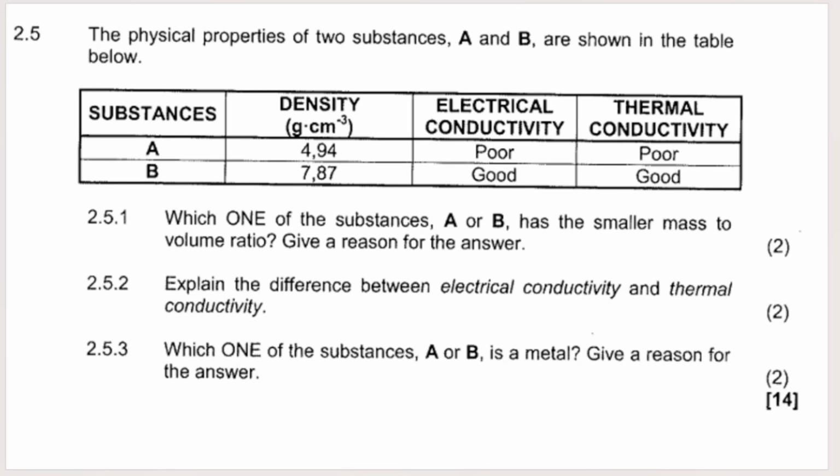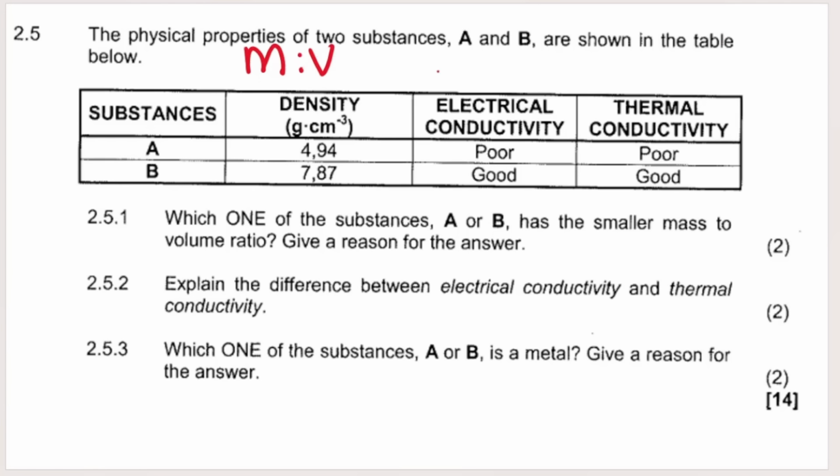2.5 gives me the physical properties of two substances A and B, and we know physical properties are things like the strength, the density, conductivity, all those sorts of things. And over here they give us 3 of those. They want to know which one of the substances A or B has a smaller mass to volume ratio. Now you should know that mass to volume